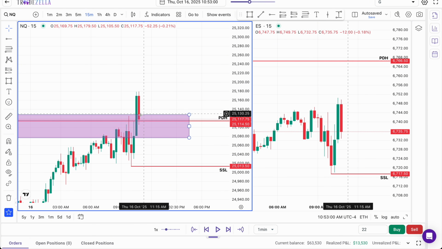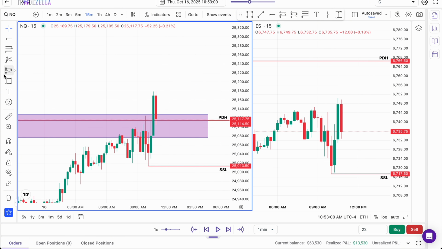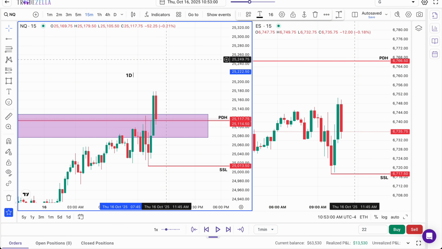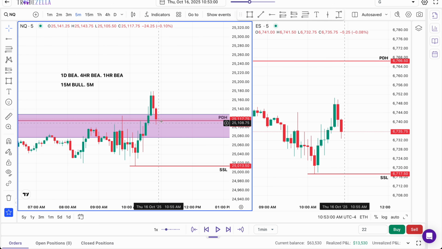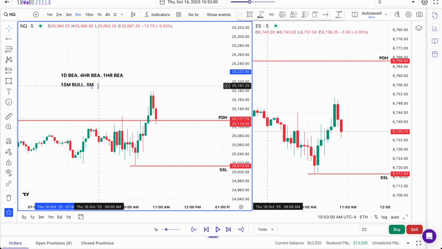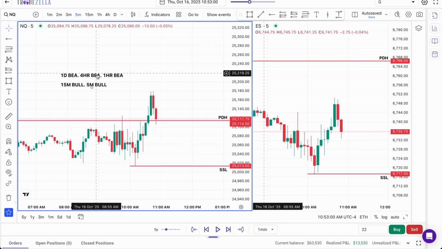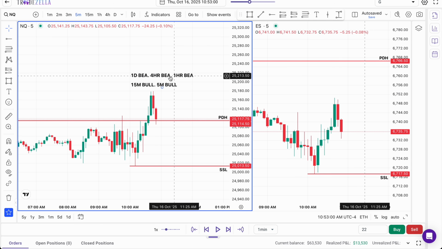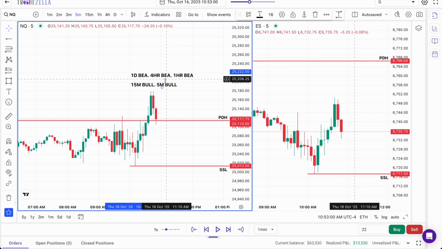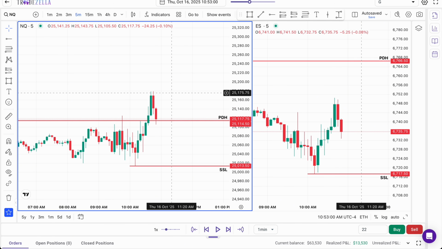As of now, with the inverse of the 15-minute bearish gap, the 15-minute is bullish, so the daily is bearish, the 4 hour is bearish, so either way we still have a bearish bias, and on the 15 is bullish, and the 5-minute, well, let's take a look. The 5-minute, as of now, is going to lean towards bullish. So we have an intraday lower time frame bias of bullish and higher time frame as bearish. So we have a 60% bearish bias, which makes this sweep of liquidity valid and leads us on to our third step, which is a shift in market structure.